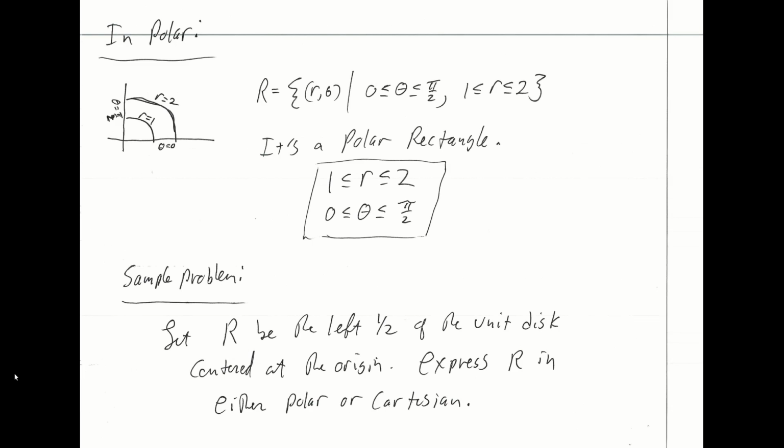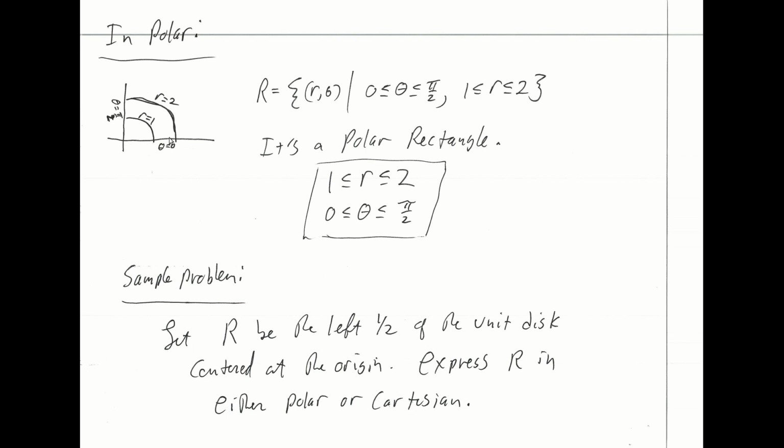Instead, if we attempt to express this region in polar, it turns out to just be a polar rectangle. Both of my polar variables are going to be bounded by constants here. We've got r going from r1 to r2. That shows us pushing out from the origin to the closest any of the points in this region get to the origin, which is given by the curve r equal to 1, out to the furthest that any of these points get from the origin, which is given by the curve r equal to 2. So we've got r going from 1 to 2,